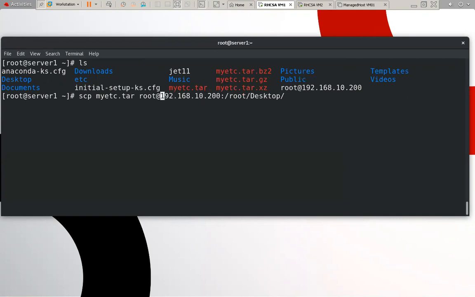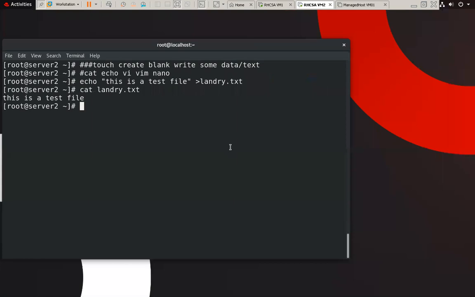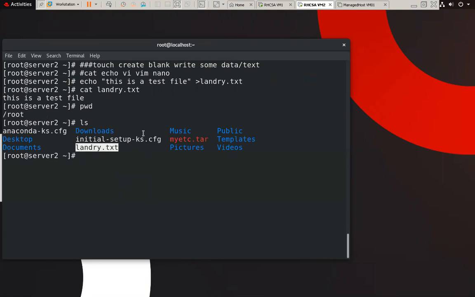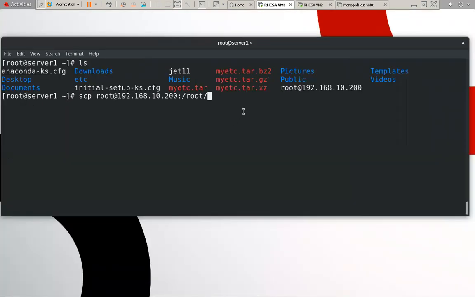So now we can use this command. This will become the source. In root, we have a file. Check, this is the root, and this is my file name. So type here this. And in which location do we want to transfer? Dot, it means the present working directory.